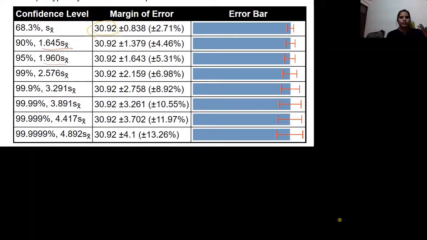Suppose here we have a table of confidence limits calculation. Three columns are representing different types of information regarding confidence limits. In the first column there are probability levels, 68% probability level at the beginning, which is ending with 99.9999%. In the second column we have the calculation of margin of errors, and the third column is representing the population mean in combination with the standard error.